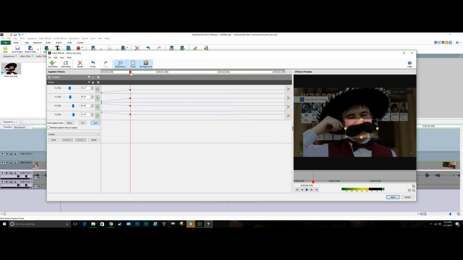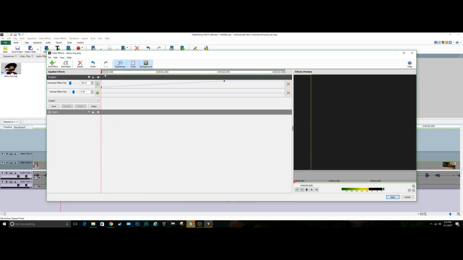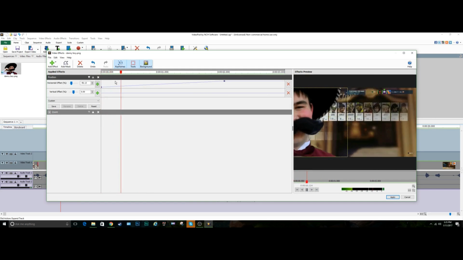So I'm going to go over here, and I'm going to say I want it to be right about here. It zooms in on his mustache. So I'll add the keyframe because it's still in that position, and then I'll go over to these keyframes, right click, and delete those. So when I go to position and watch the video again,